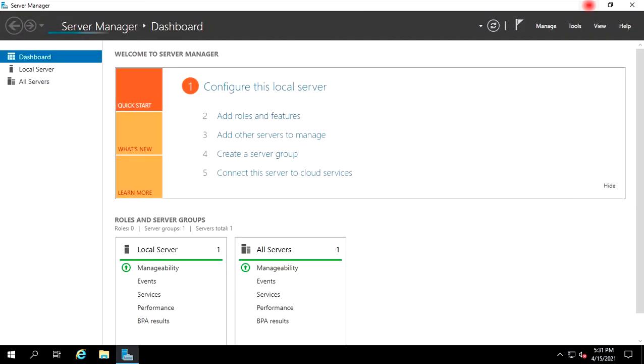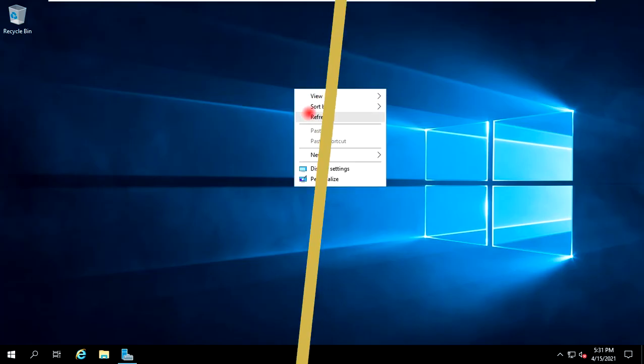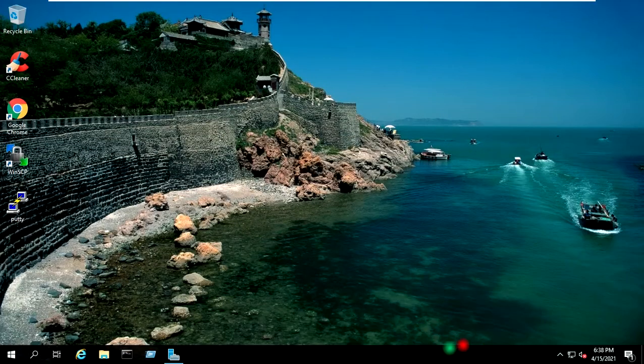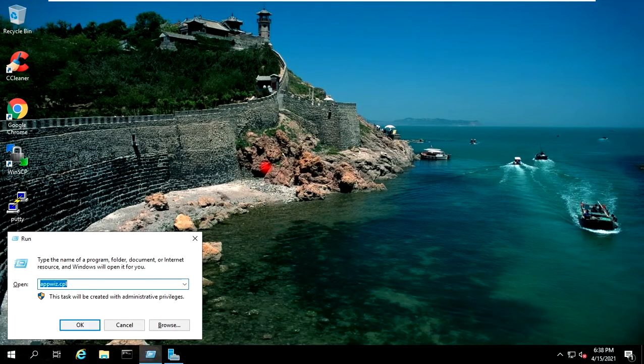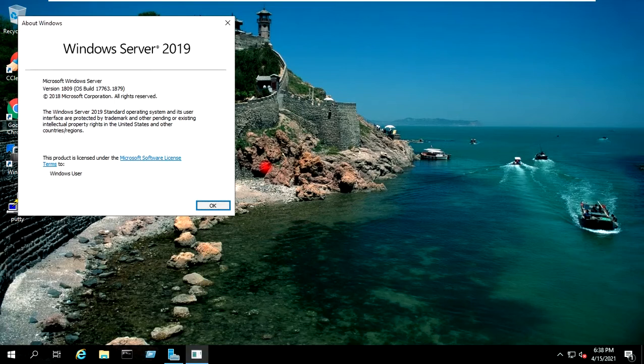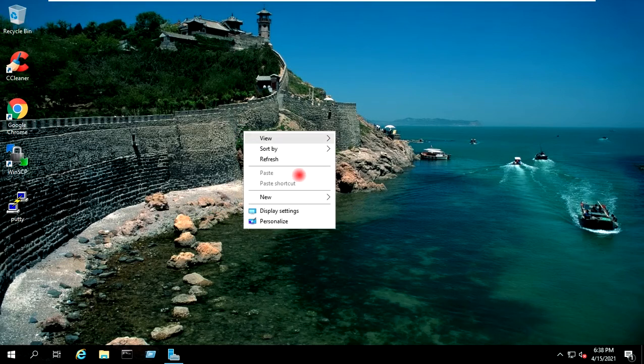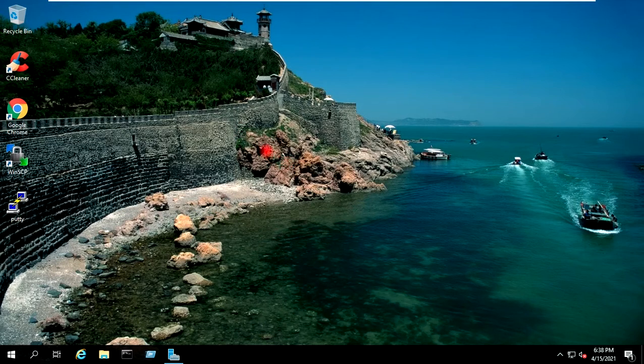I will minimize this. At this stage, install all the required software in your server, whichever you want to, and update your server with the latest patches. I have done some custom settings in my server, and I have applied this wallpaper also to my server.